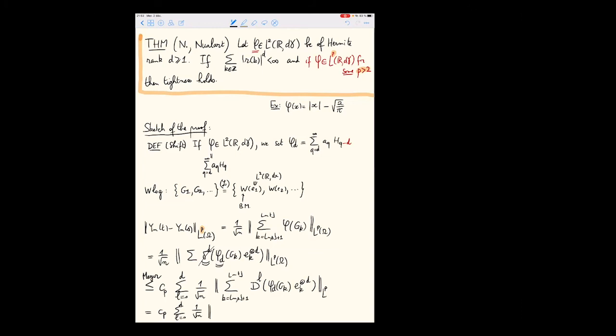And when I, so let me write here, or maybe I need some more space. So here I have the LP over 2 and here power 1/2. I use that the LP norm is the square root of the LP over 2 norm. And so I can take the square of what is inside. By doing so, maybe I obtain a double sum over k, k prime. And then I have my shift at gk